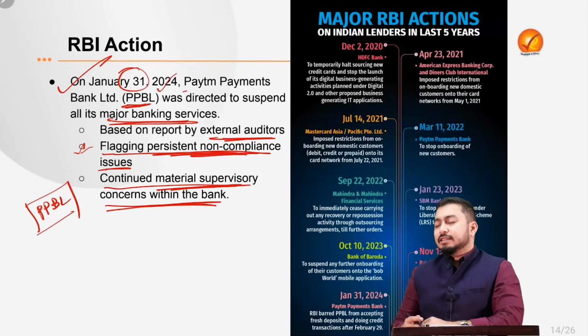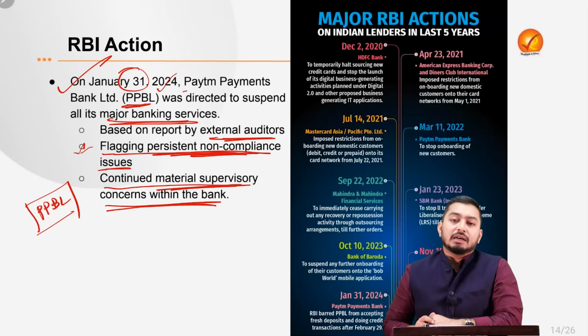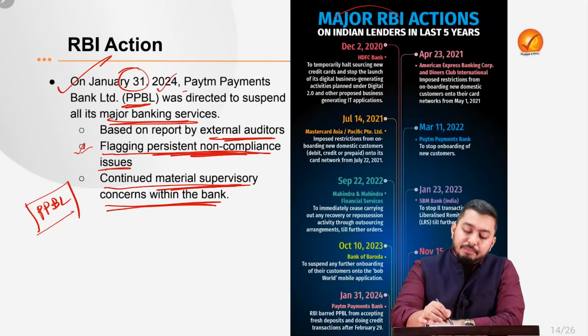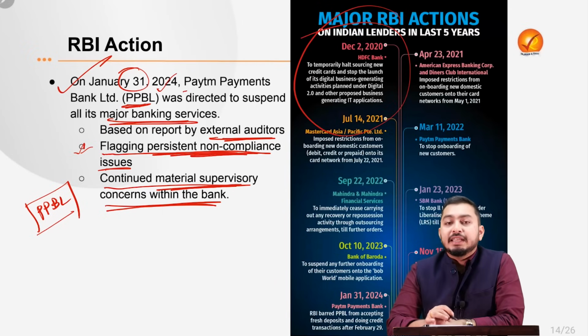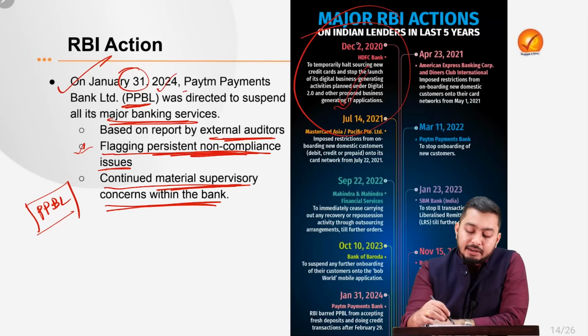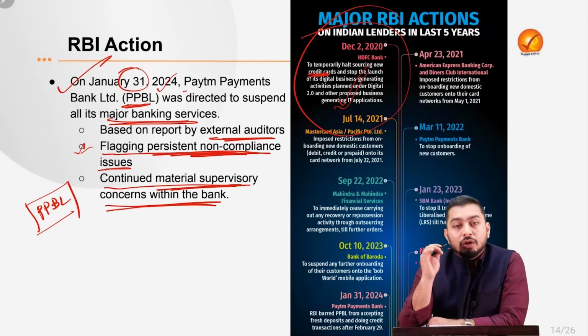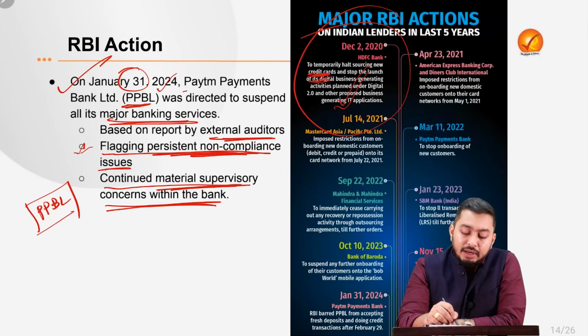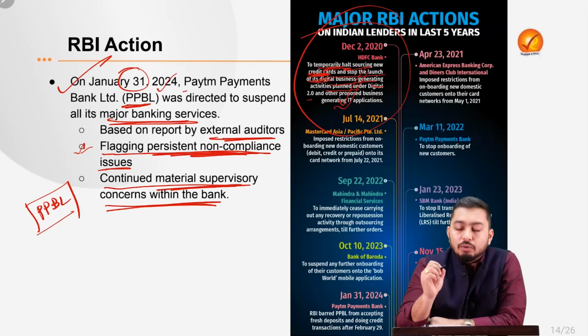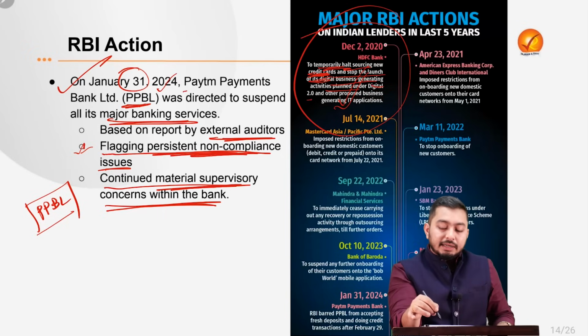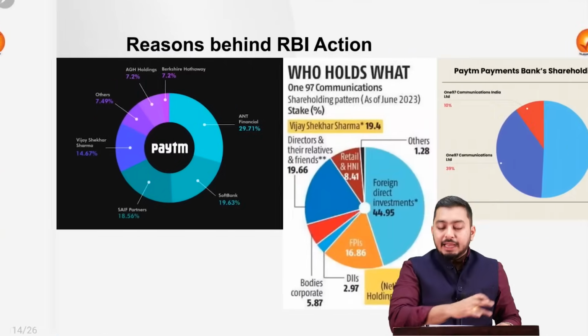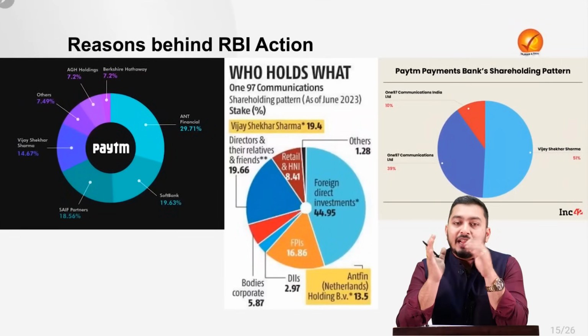bank. And has this been the first action that RBI has taken on any bank? No, even bigwigs, even the biggest private player HDFC was also given a warning in terms of stopping credit card increase or going for new credit cards. So it temporarily halted sourcing new credit cards and stopped the launch of digital business generating activities under Digital 2.0. So multiple times, under the key eye of the regulator, these kinds of activities have